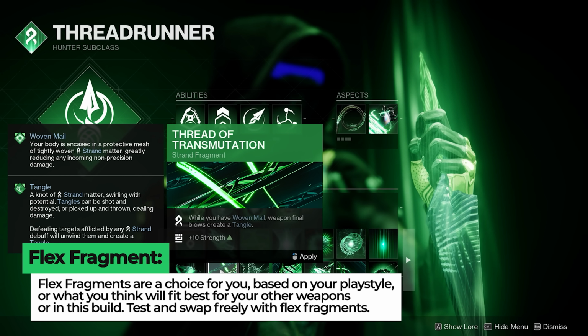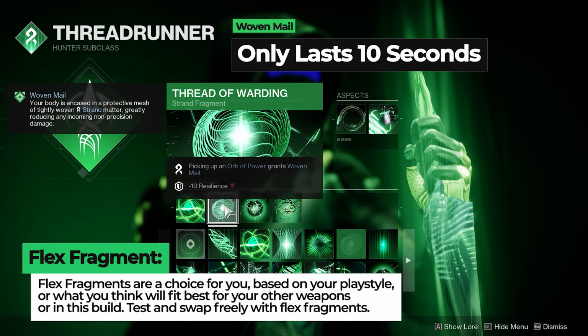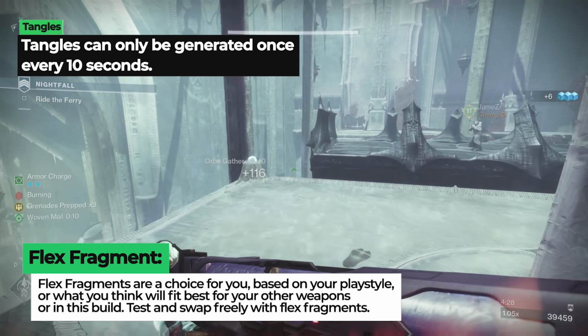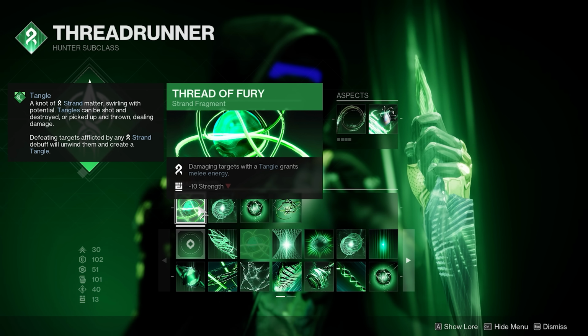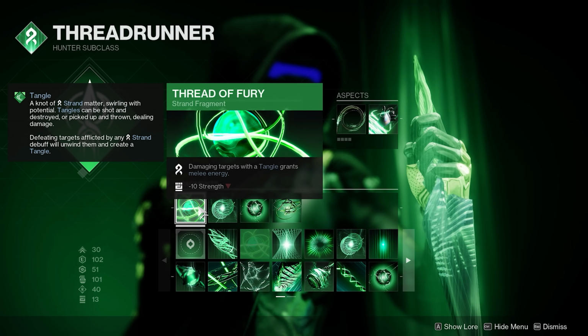For a while, I was running Thread of Transmutation, but because you can only generate a tangle for the 10 seconds you have Woven Mail, and because you have a 10-second cooldown on creating tangles, and with so many ways to make tangles, it was just kind of overkill, and I decided to swap this around. Personally, I'm using Thread of Fury to test if the Maelstrom tangles will generate some melee energy for us in